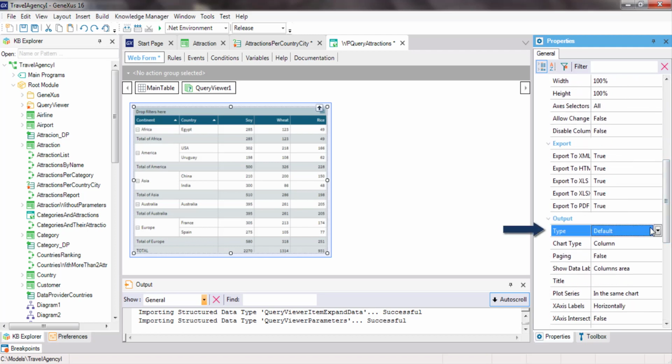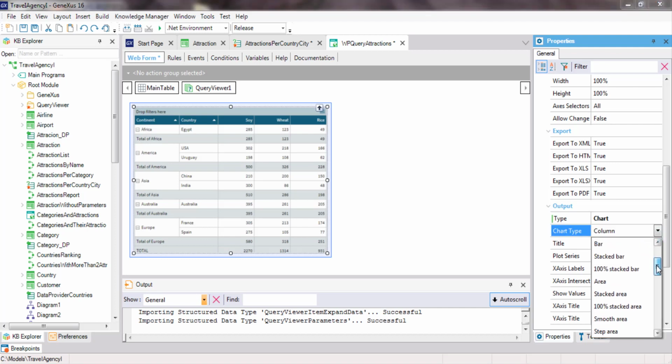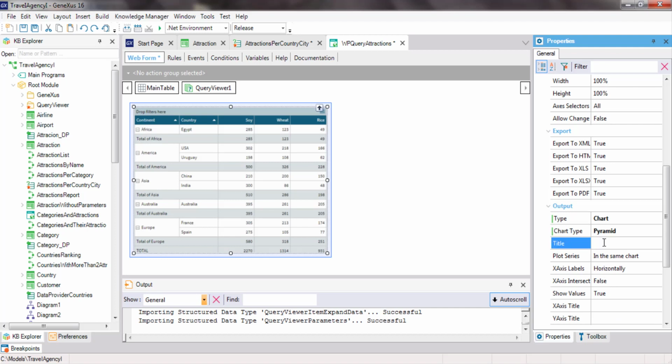So, in the type property, we select the chart option. Next, we can choose the type of chart. We'll choose pyramid chart. And we'll enter a name for it, attractions per country and city.